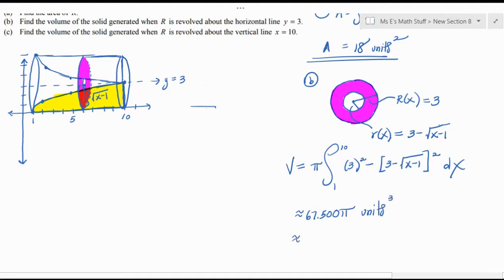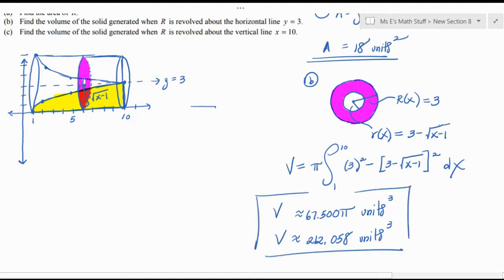And let's go ahead and multiply pi in as well. 212.058 units cubed. There we go. Either of those answers would be considered the correct answer. There we go. Okay. Part C, find the volume generated when R is revolved around the vertical line, x equals